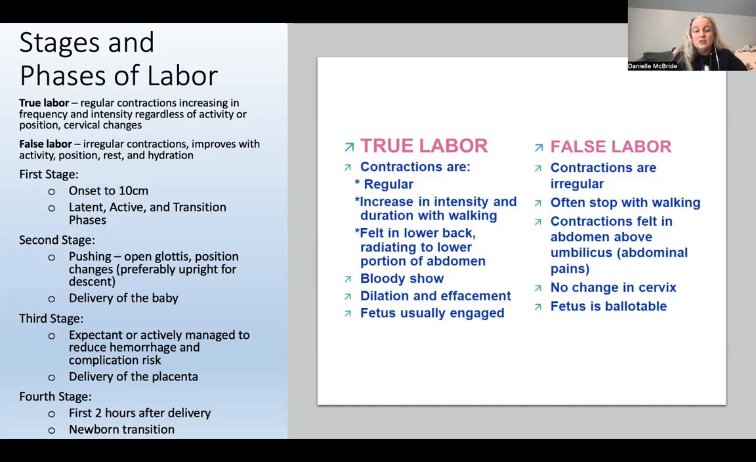Fourth stage is going to be the first 2 hours after delivery. And this is when baby's transitioning. This is when mom's transitioning. We're watching her blood pressure. We're watching her to make sure her bladder's not too full. We're facilitating breastfeeding and those things. And I think,